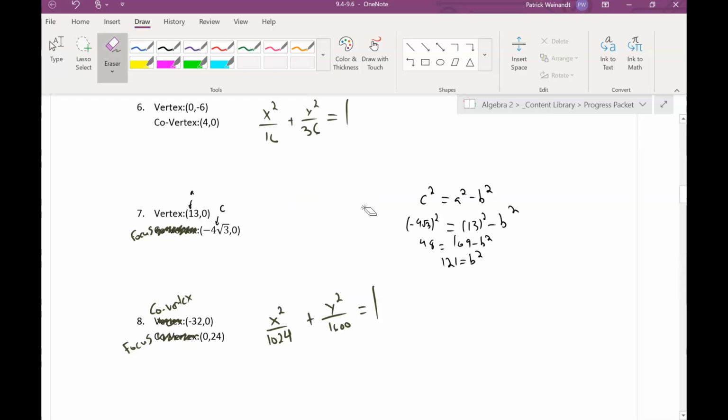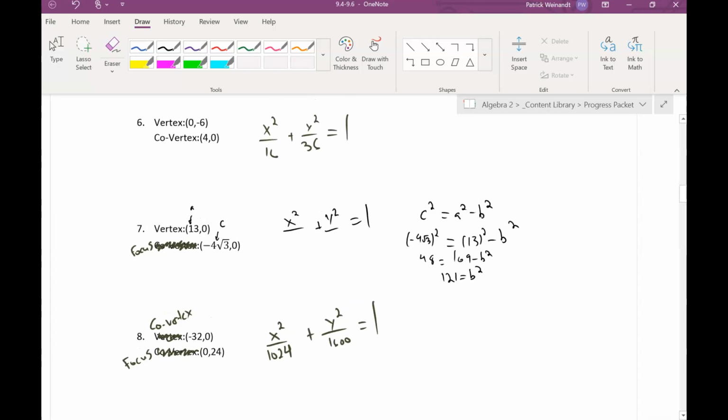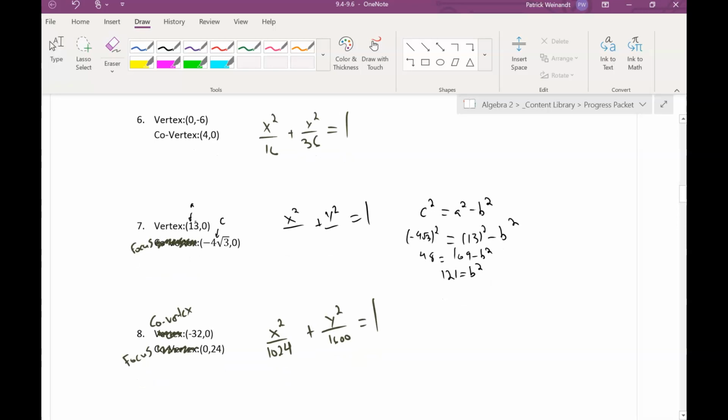Our goal is to just write an equation here of an ellipse. Well, we know it's going to be x squared over something plus y squared over something equals 1. We found our a squared value. Our a is 13, since that's our vertex, and it's on the x-axis, so it's going to go under that x value, so it would be 13 squared,